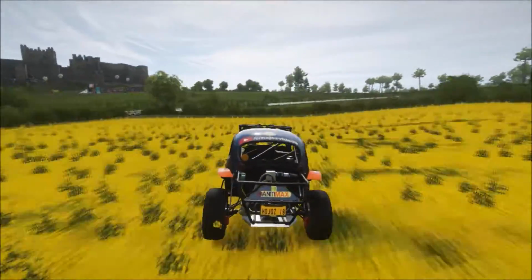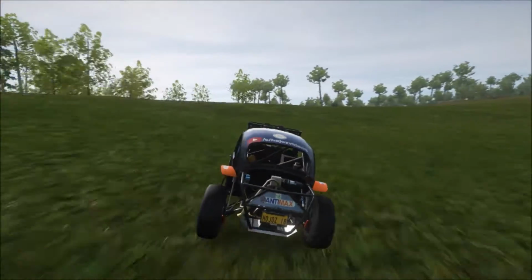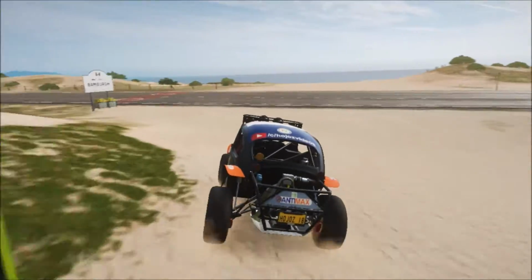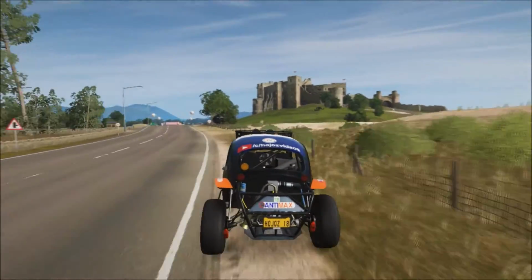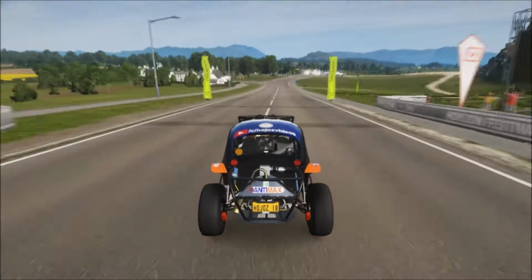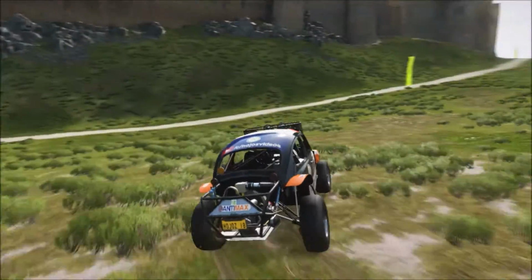The Volkswagen Baja Bug. This was the only build I intentionally made for cross-country. I intended for this to be my cross-country car, but apparently there are different classes in cross-country, so I was very mad. And that's where the Volkswagen Touareg I built, which was very shit, came from. And that's where the Land Rover Defender, which I built, which was very shit, came from. So yeah, that's pretty much